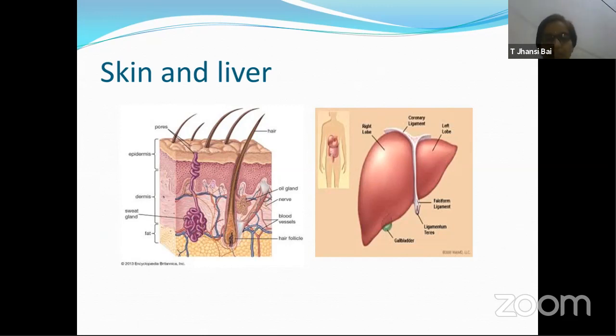This is its function. Now, while teaching itself in the first chapter, first PPT, sorry, I mentioned about the liver. Liver is a very, very important organ of our body, doing a lot of work. And in the digestive system, you have already studied at length about the liver and its functions. There are 10 important functions which you have already studied. But I'm concentrating here only on the excretory part. So the liver is the one which is doing oxidative deamination. That means it is removing the amino group from all amino acids, and it is converting it into urea. So oxidative deamination. So production of urea through the ornithine cycle or urea cycle takes place again in this liver only.